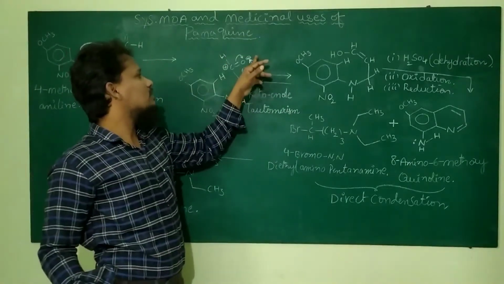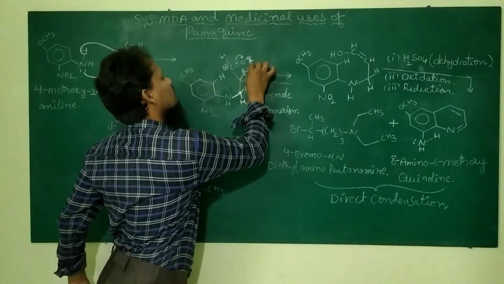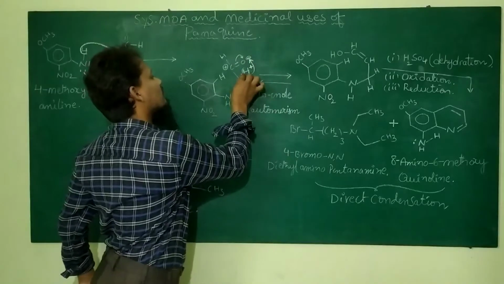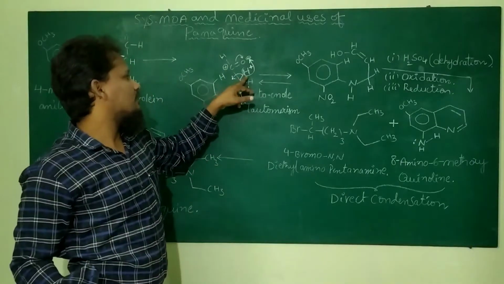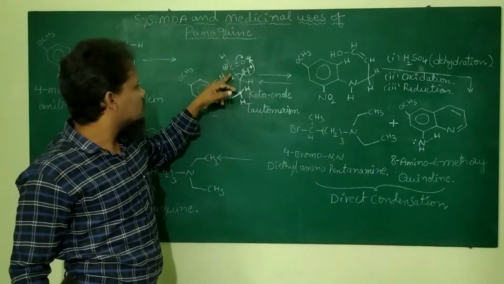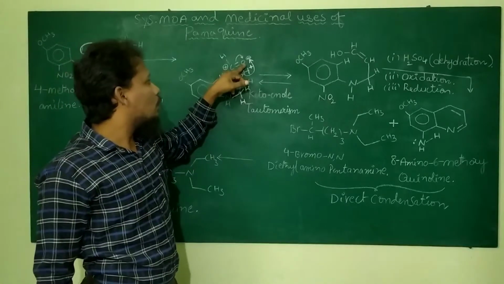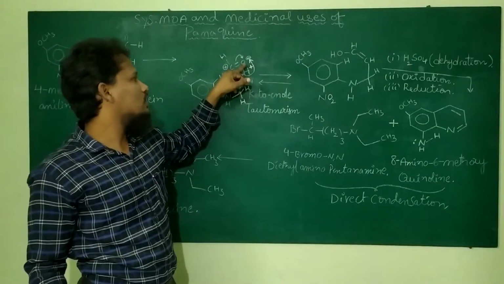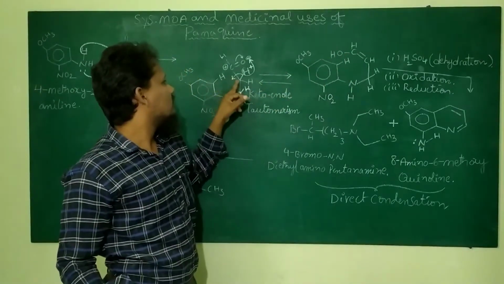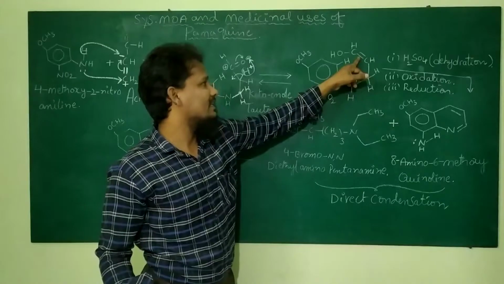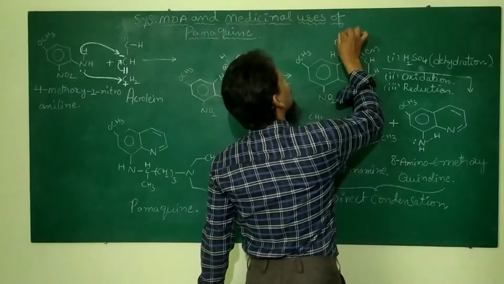Now one of the hydrogens from the CH2 moves to the oxygen. Why? Because oxygen has a negative charge. Now the hydrogen moves to the oxygen, and the excess electrons from this bond move in between these two carbons and form a double bond. And this O becomes OH. So look at here. This is C-OH and the formation of the double bond. Now this is ene and this is ol. Enol.